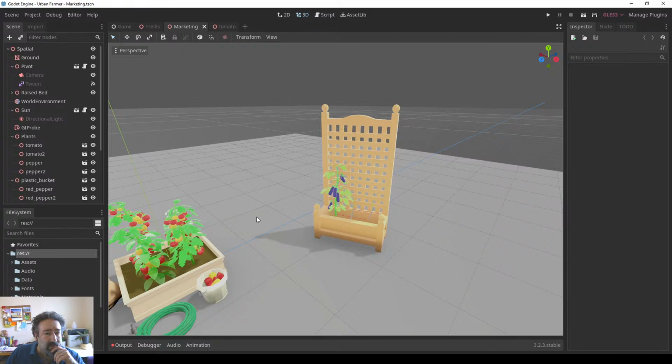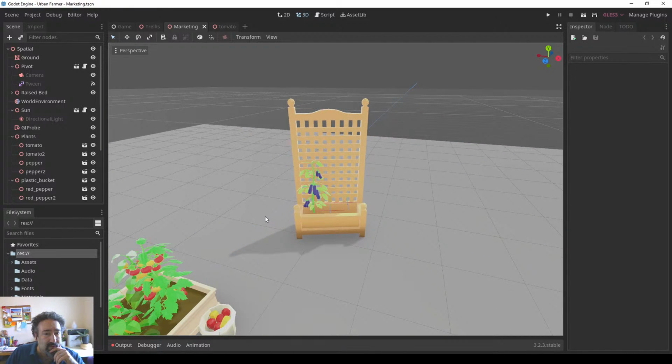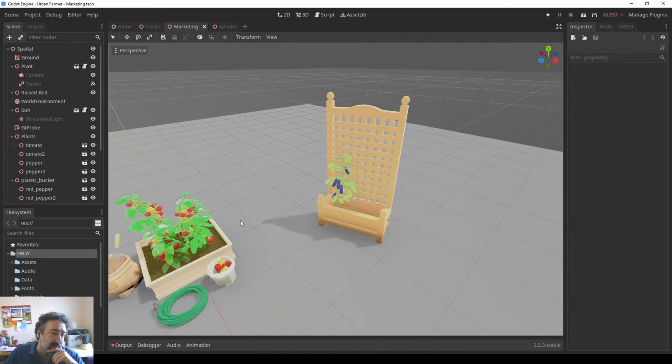But today I'm going to do some marketing, which means I'm going to be doing things manually. But this kind of work also helps the game development, discovering the light conditions and some other things that will